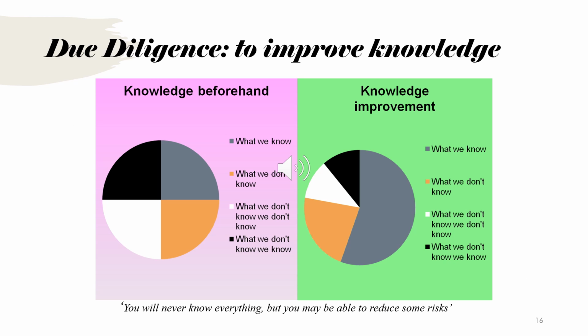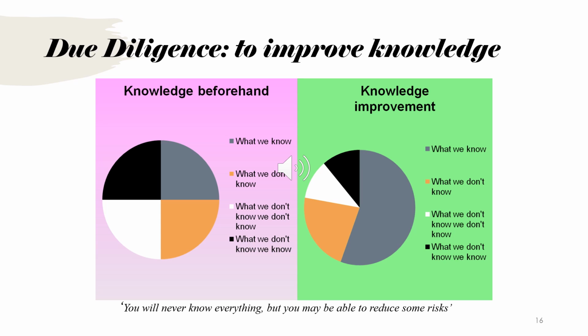So to illustrate this with a diagram, we have two charts. The one on the left-hand side is very stylized. It's basically giving equal importance to the four areas about what we know and what we don't know. In terms of what we know, that's a quarter of the circle, and what we don't know is another quarter. So we're fairly well fixed for half this circle, but the other half we really have no idea.